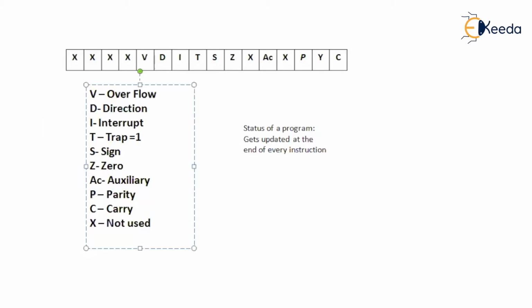Whenever an instruction is being executed and that instruction has a serious error which cannot be executed by the CPU, then the trap flag will be set to 1. Then the CPU is going to terminate this program after this instruction. Once again, what is a trap flag? You are executing an instruction which has a serious error. This error can never be rectified, such as a divide by 0.